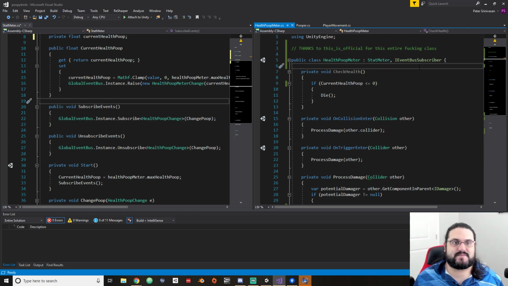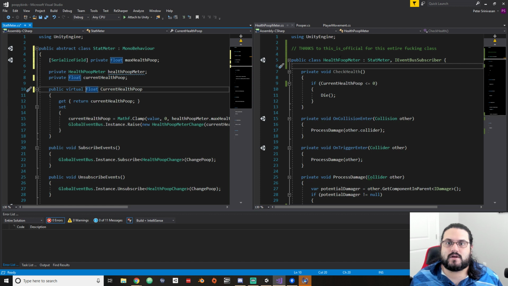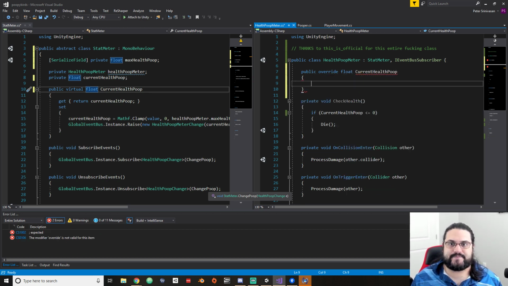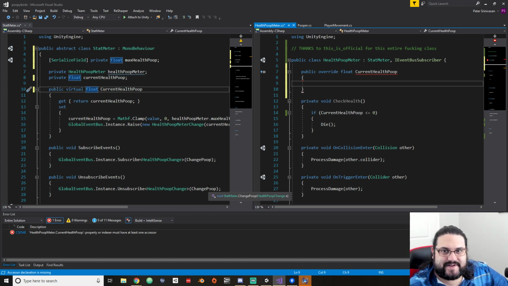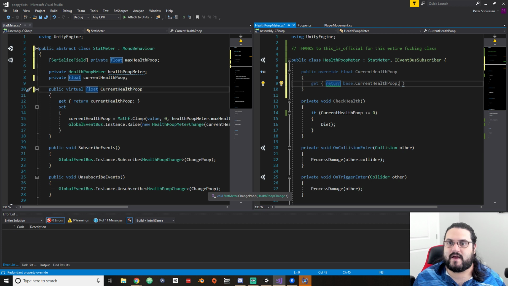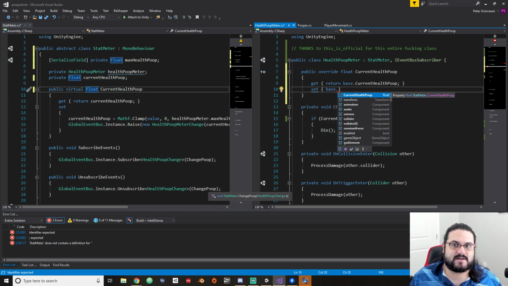So check health never gets called. That's because I haven't yet made this virtual, which means I can now say public override float current health poop, and that is going to be... I've never used a property like this before. Get, is this how to do it? Return base dot current health poop, and then here set is base dot